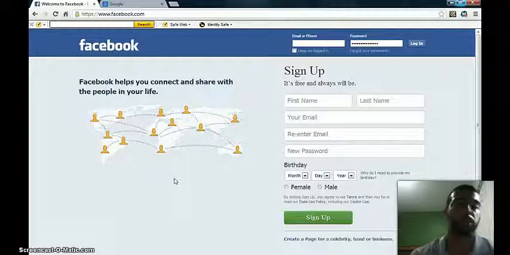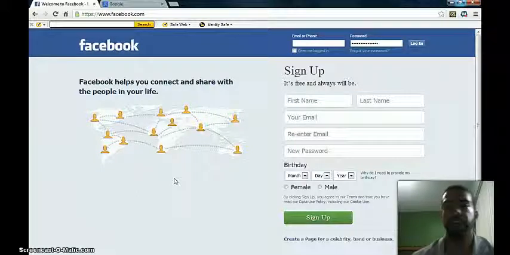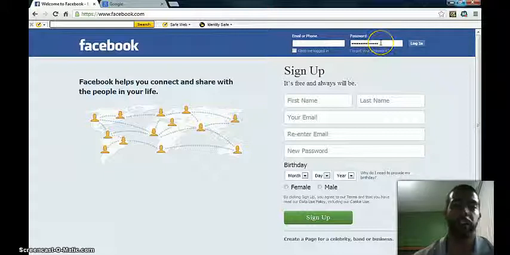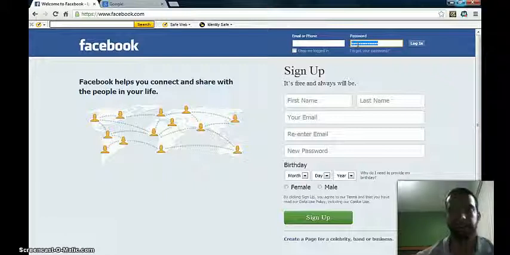Now this only works with open source web browsers like Chrome or Mozilla. In this video I'm using Chrome. So right now I'm on Facebook and I have this password typed. Now if somebody wants to learn the password behind these dots, because right now it's just dots, they will highlight it